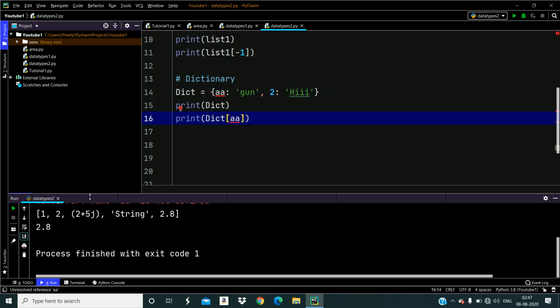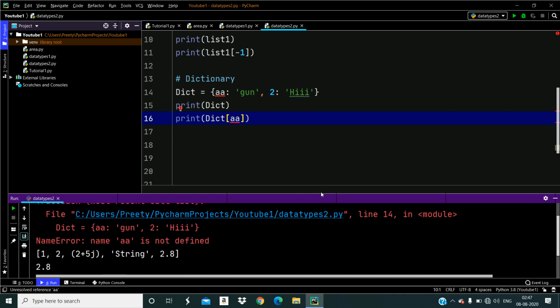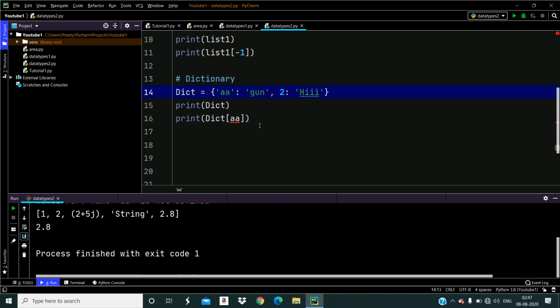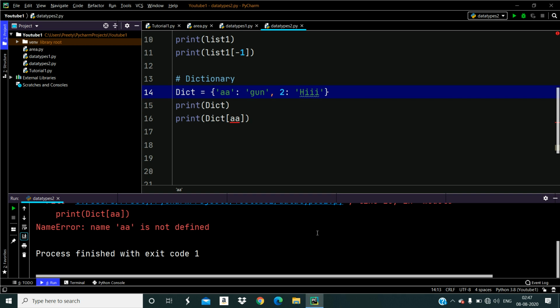See what happens. Okay, sorry. If you define a string as key, then you have to use single quotes. Okay, and now run the program. Name error, right?